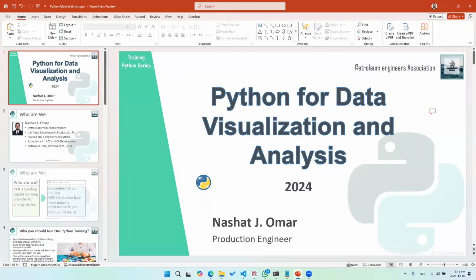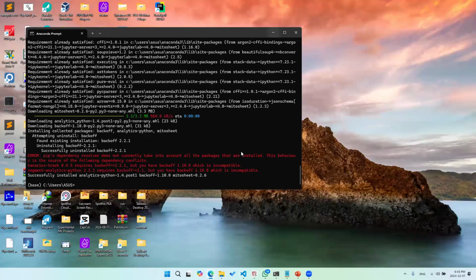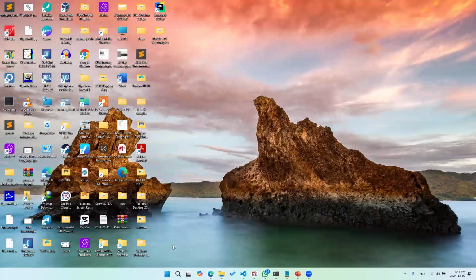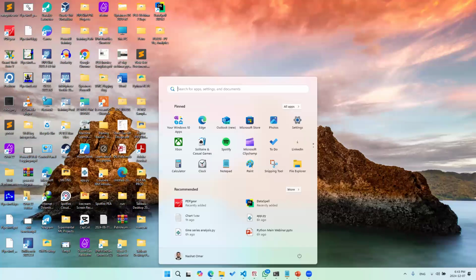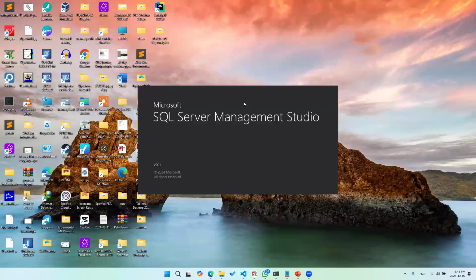Okay, so before we start showing you that data application, let me introduce you to the core technology that's going to be discussed in the training that we're going to start in the upcoming 10 days. The core technology that allows us to work with data is called SQL Server, or let's call it an SQL database. So let me show you what an SQL database is. And in the upcoming 10 minutes, I will show you the basic things that you can do with an SQL server.